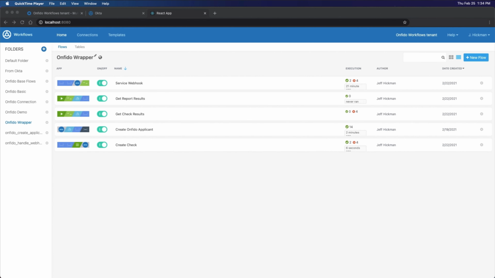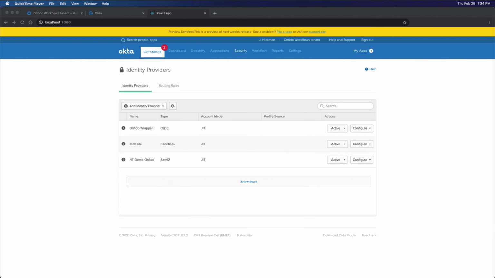If we look at our profile, we can see that the workflows have fired and have collected all the information. The check we created a few seconds ago will process, and Onfido will respond with an event. It will pick that information up and it will modify the user's profile to let them know that they've successfully gone through the